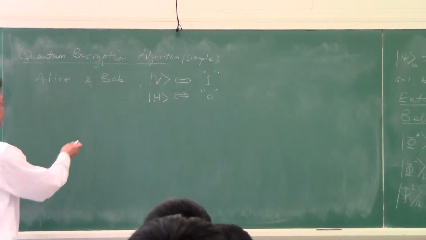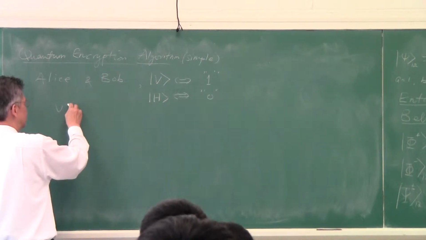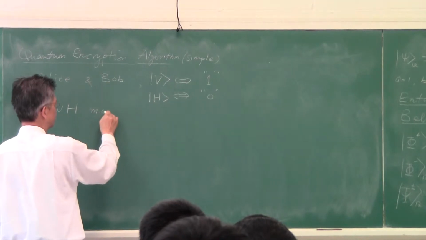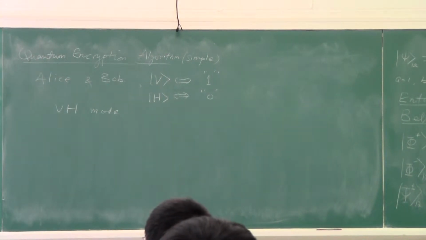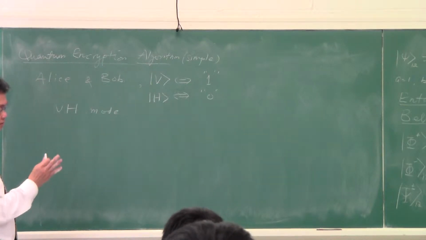So this mode of sending photons, either with a vertically polarized photon or a horizontally polarized photon, we call this a VH mode of communication. There is another mode that they can communicate with. When Alice generates the photon, she makes sure